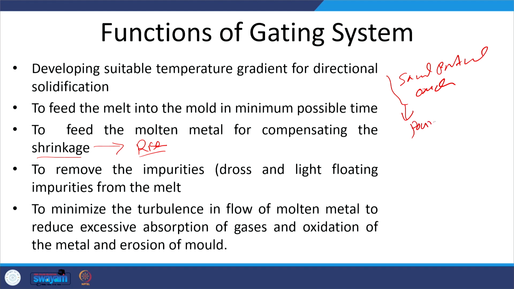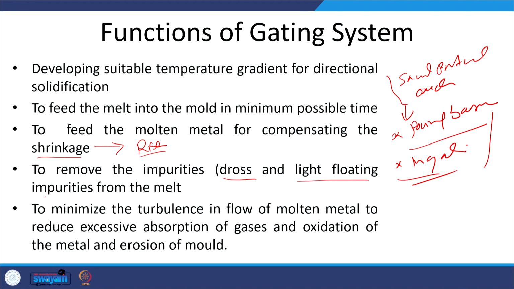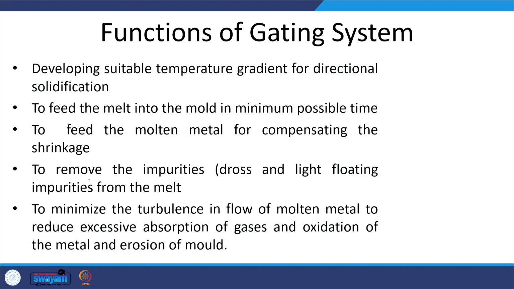So, the pouring basin is one that will help in removing these, then the ingate is another member that helps in removing these impurities like dross and the light floating impurities from the molten metal. So, another important role performed by the gating system is to remove the impurities. Then, to minimize the turbulence, it is very important, especially in case of the sand mold, that the molten